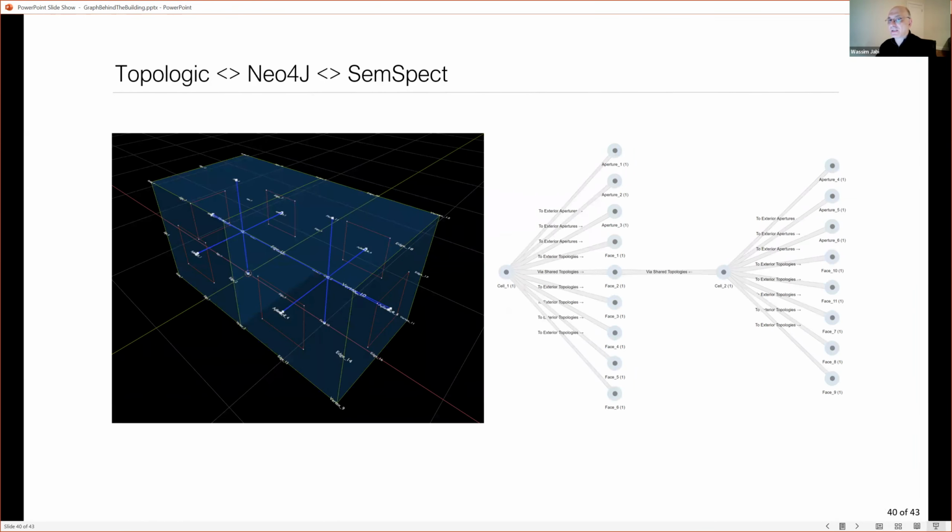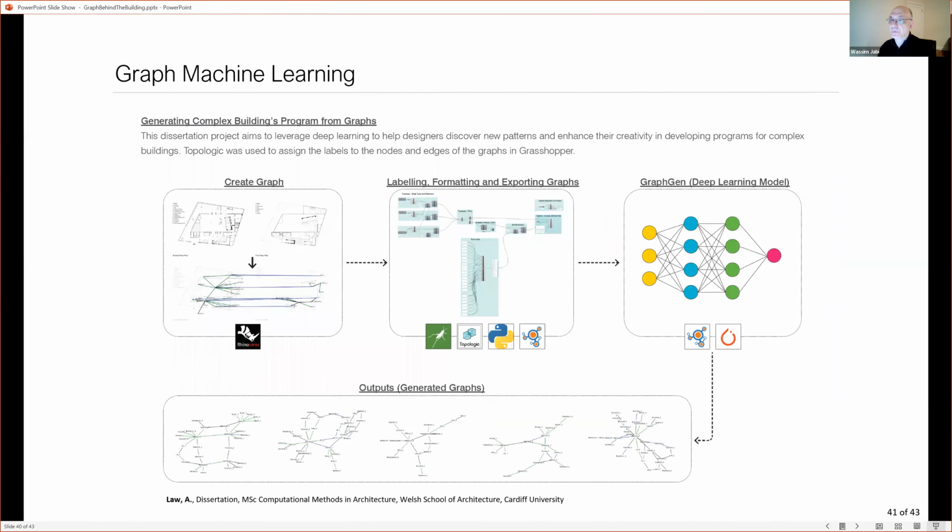So this is SemSpect when it is all furled. And this is what we have on the left, what we have in Topologic, which is more of a display, where you can't really click on them. You need to deal with the Grasshopper-type node structure. This is obviously in Blender, where there's something called Sverchok. And on the right is SemSpect, which is much more interactive, as you saw.